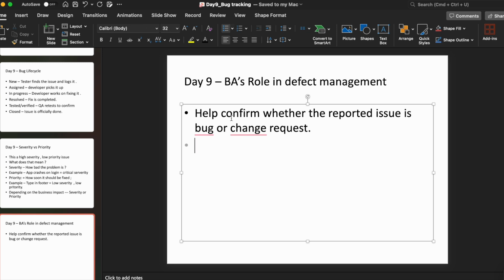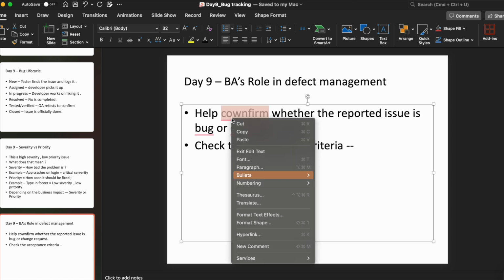Next one, when someone is raising a defect, please check your acceptance criteria. Check your acceptance criteria. So why I am asking to check the acceptance criteria